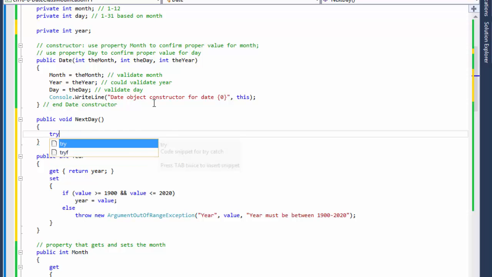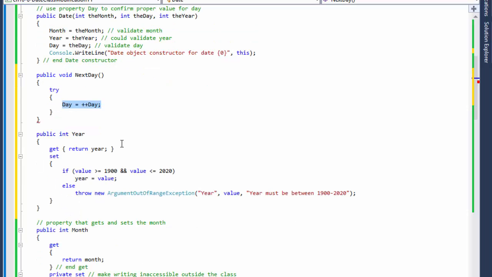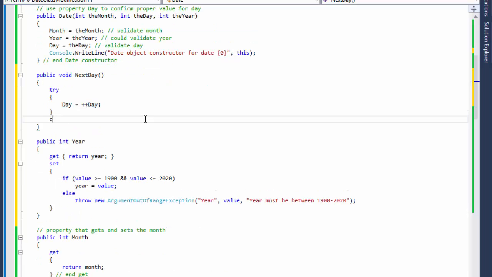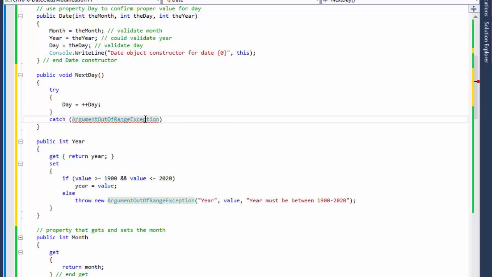So I will do try: day equals, and we can increase the day. However, if this does not work anymore, if let's say the day would be 32, then that would throw an error, but we're not going to throw an error. What we are going to do is catch the exception, the argument out of range exception,